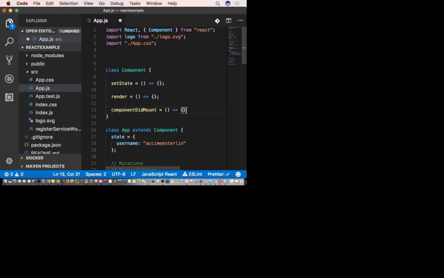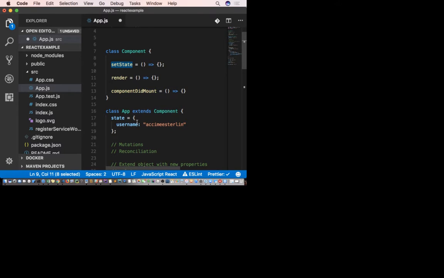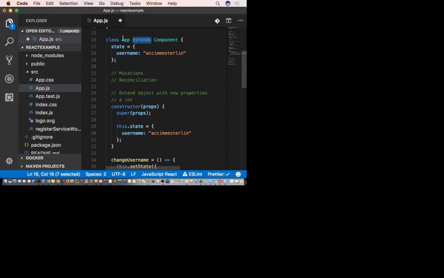All right. Well, here's what they were talking about. You see this keyword, extends? What do they extend? They extend the other component that we just created that has componentDidMount and setState. Extend which component? The App component, right? Well, what does that mean?